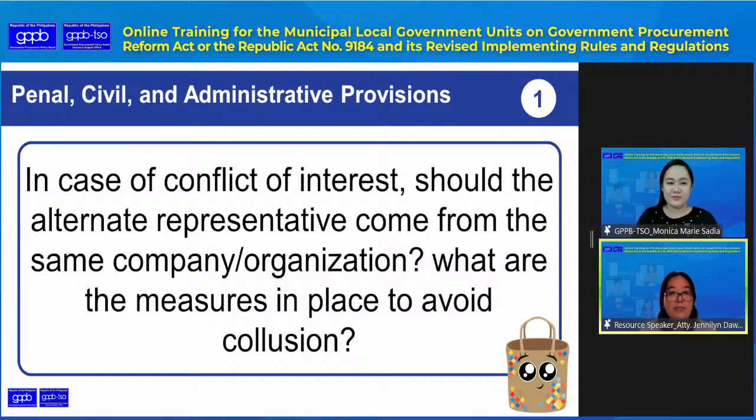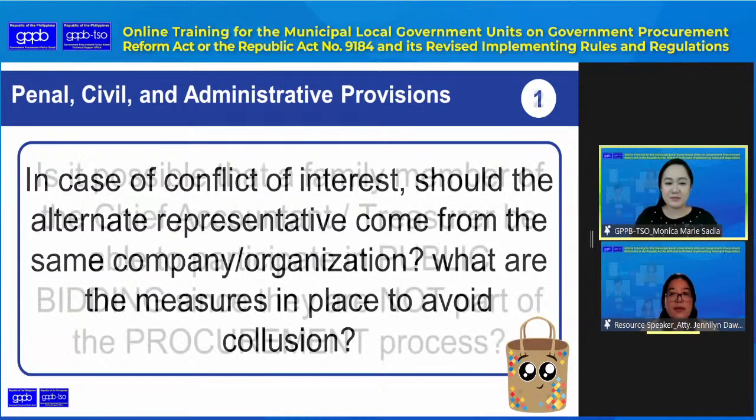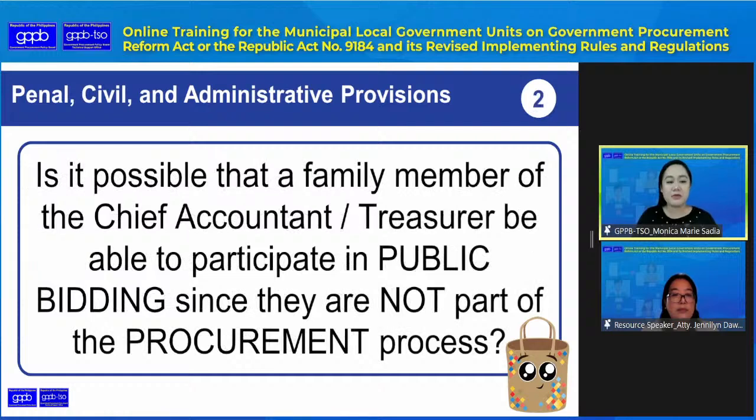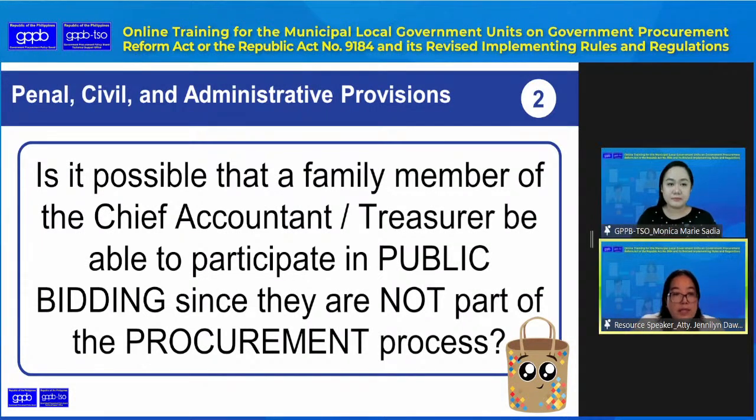Okay, ma'am, next please. Thank you very much, ma'am. On to our second question. Is it possible that a family member of the chief accountant or treasurer participate in public bidding since they are not part of the procurement process? Okay, maybe this is not related to my topic, but we know that the chief accountant is prohibited, under